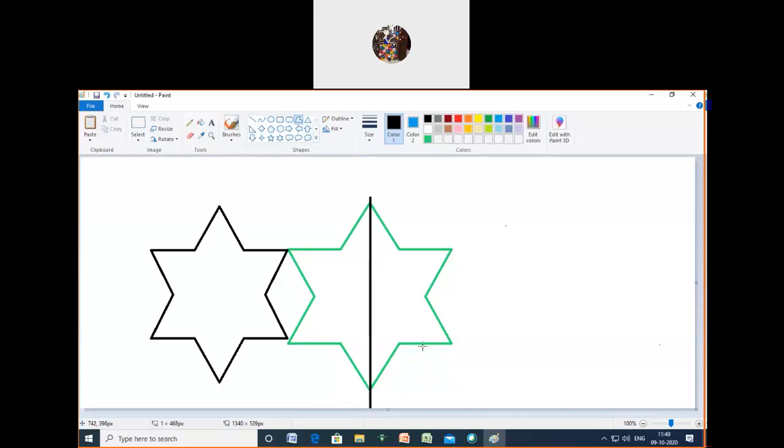Yes. So now I'm going to cut this place alone. To cut, what we have to do? First you have to go to the select. Under select, you have to choose the rectangular shape. Now this part alone I'm going to cut.